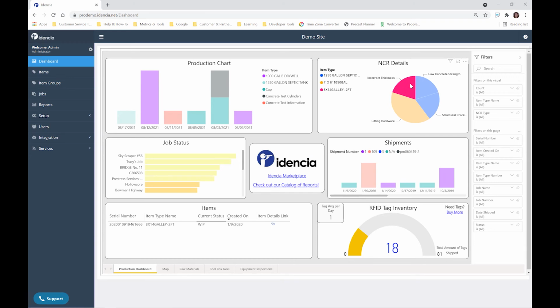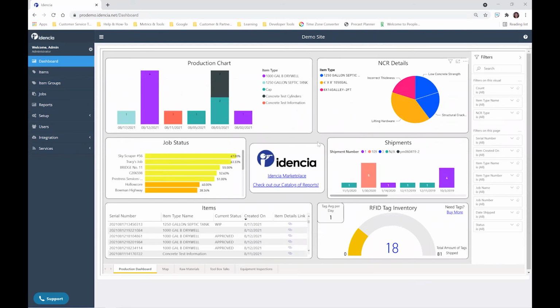So if you're looking at, say, not just one incorrect thickness issue, but maybe 6 of them, you'd be able to get the list of all 6 of those products that had the issue and see if they all came out of the same mold. We could also create brand new tiles if you have other information you'd like to see graphically, and other ways of slicing and dicing that information and tracking those molds. And if you're having issues with those molds, we can also put tiles about that data here,